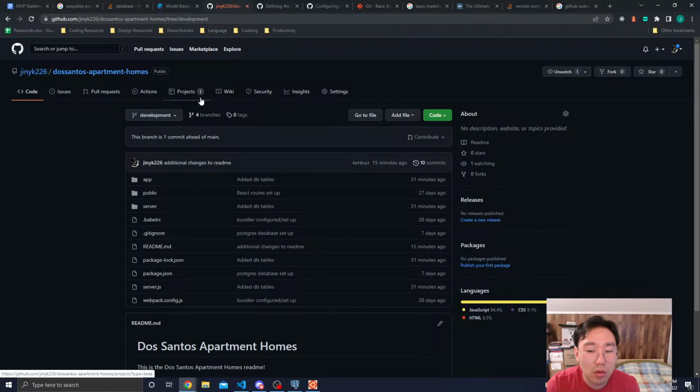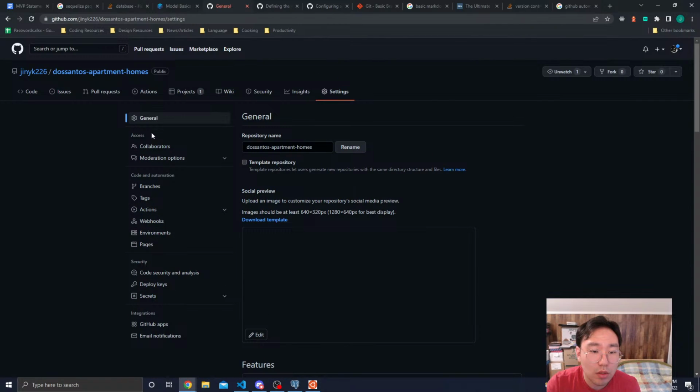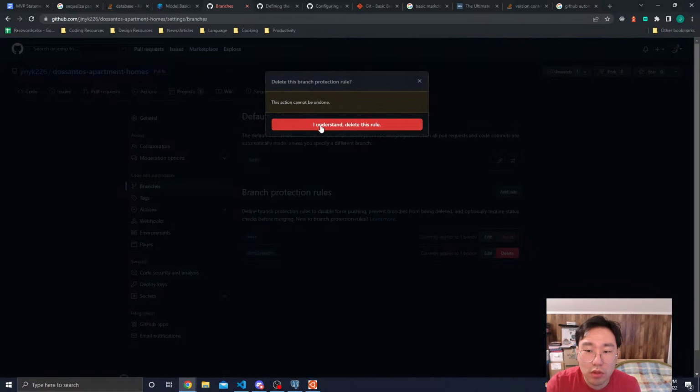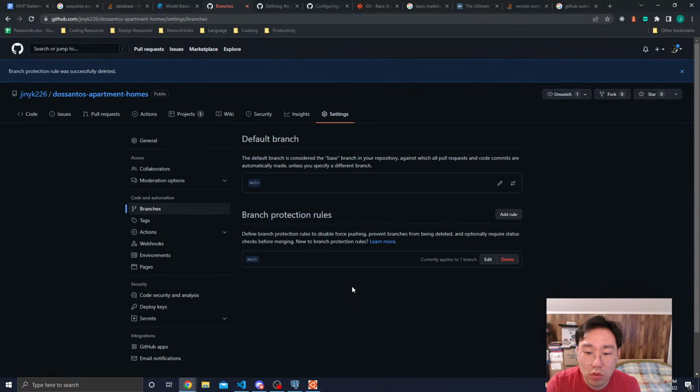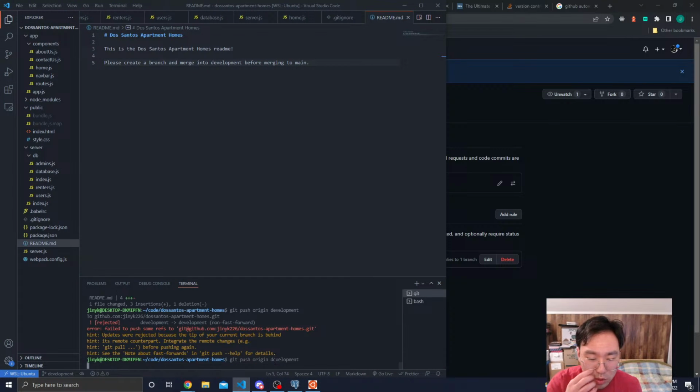Okay. So it seems like what I want is not to have this. Delete this rule. So I only want to not be able to push onto main. And when I git push origin development,